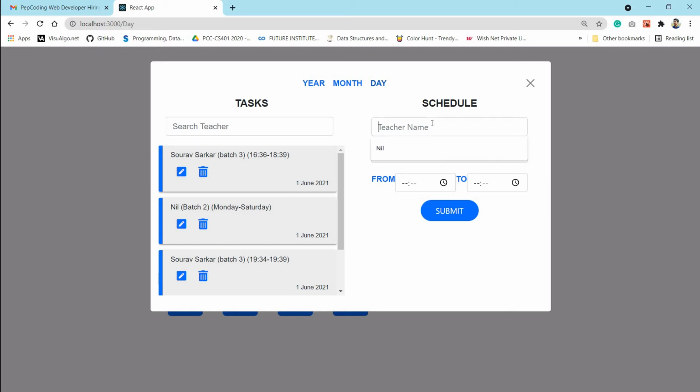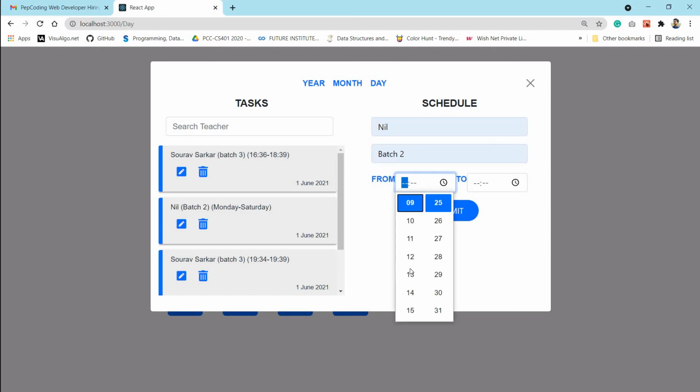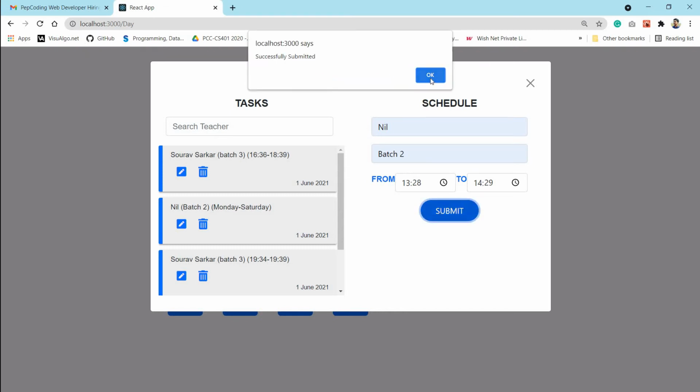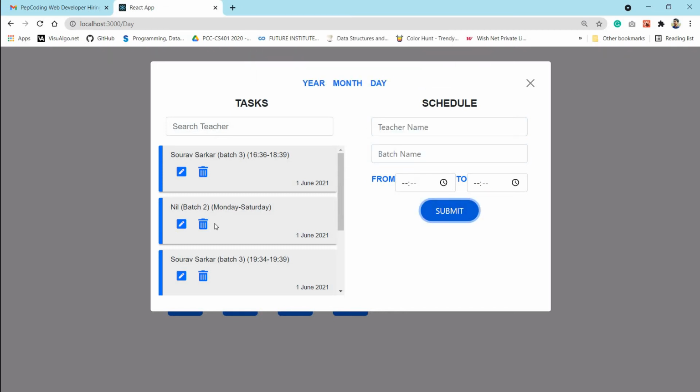Suppose I'm going to add a new batch on the given time slot, right? Suppose 13:28, then 11 or 13, or for 14:29. Okay, by clicking on this add submit button, the particular schedule is scheduled.